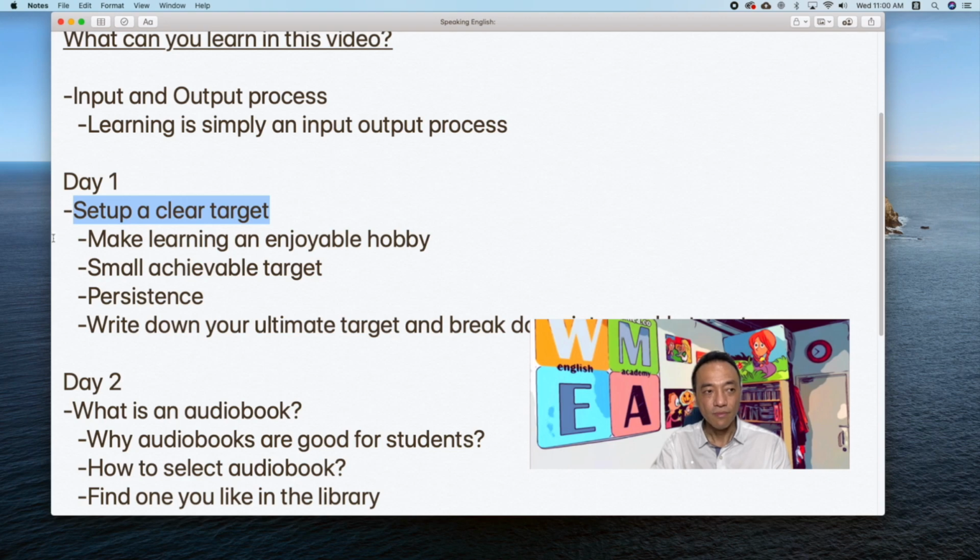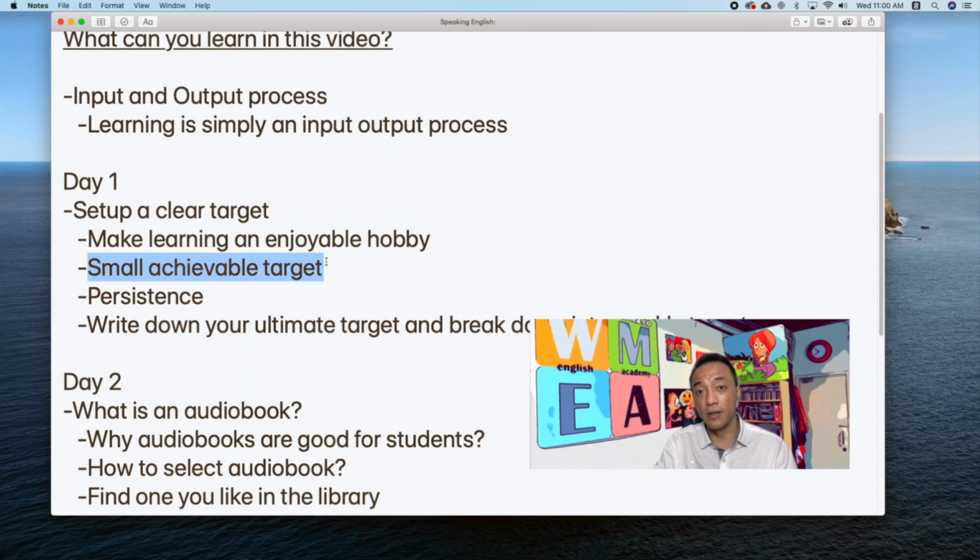We emphasize that without motivation, the learning process could never start. So you have to bear in mind that making learning an enjoyable hobby is really important. And also, don't try to aim for a big target. A small and achievable target is really important.